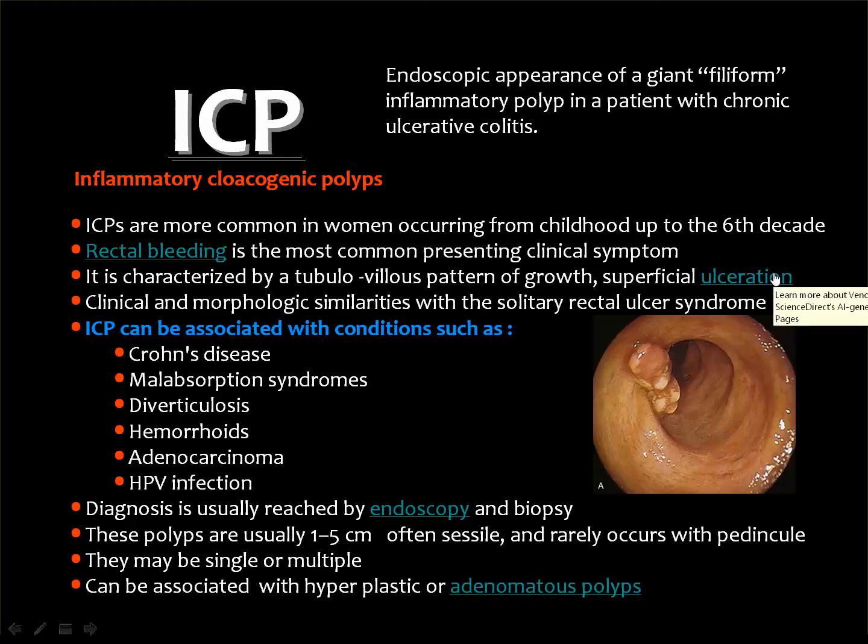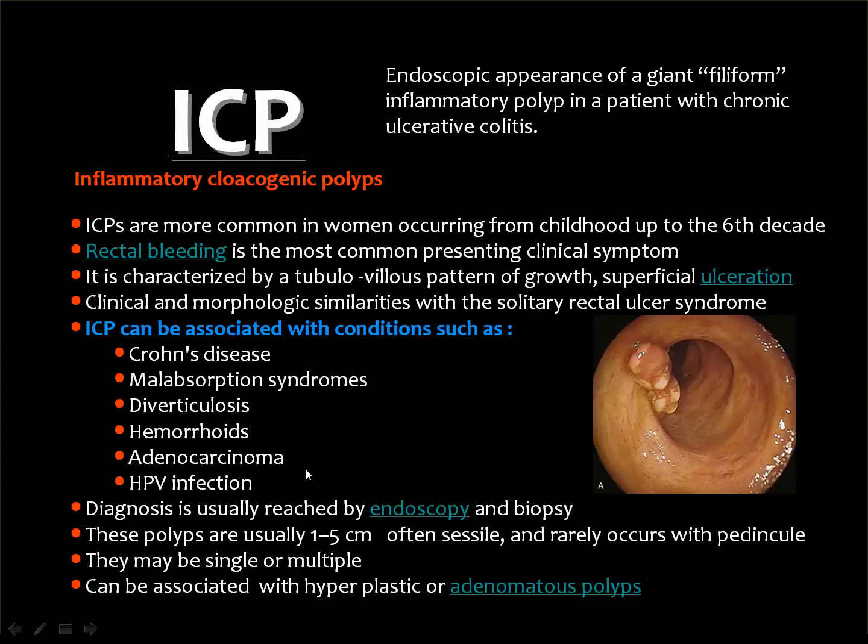And actually, I failed to get an imaging, either CT or MRI, for such polyps, but a lot of endoscopic images are available. So you see this is one of these polyps, and the inflammatory bowel diseases like Crohn's disease, malabsorption, diverticular disease,